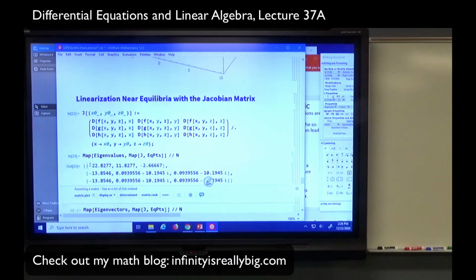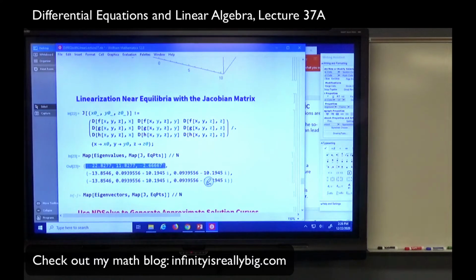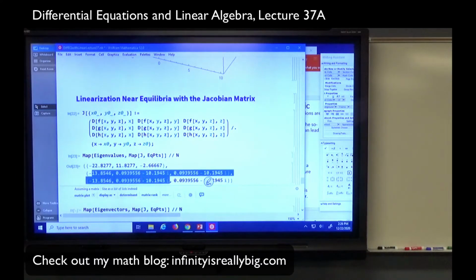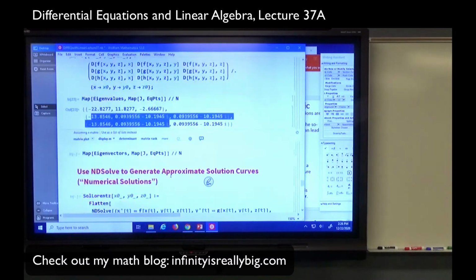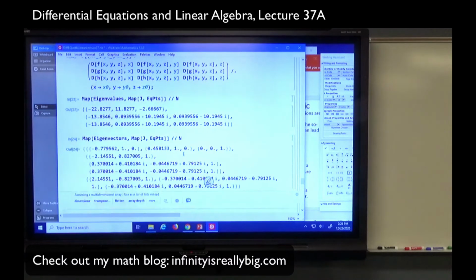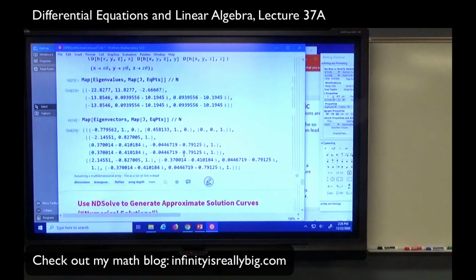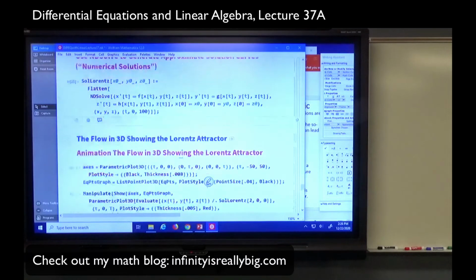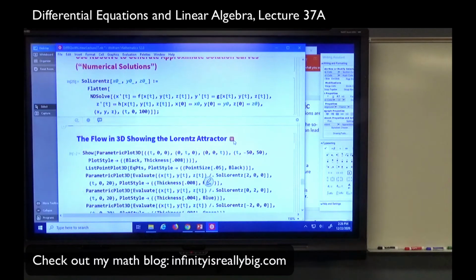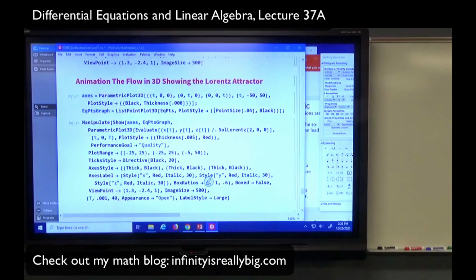This is the eigenvalues for 0, 0, 0. You can see 2 negative and 1 positive. Here are the eigenvalues for the other ones, 2 of which are complex numbers with positive real part. You can compute the eigenvectors if you want. I'll let you think about what that would imply. You can approximate solutions with NDSolve. You can look at the flow. And let's go ahead and just animate the flow